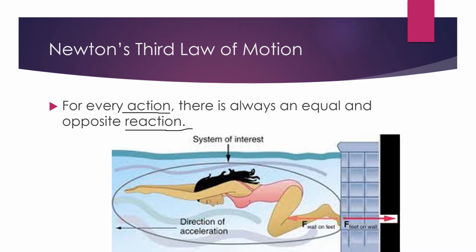So here's a situation. We have the swimmer right here. What it's saying is that the force that her feet push on the wall is equal and opposite to the force that the wall pushes on her feet. Essentially, you can't push against something without it pushing back against you. Wait a minute, how does that make sense? Well,